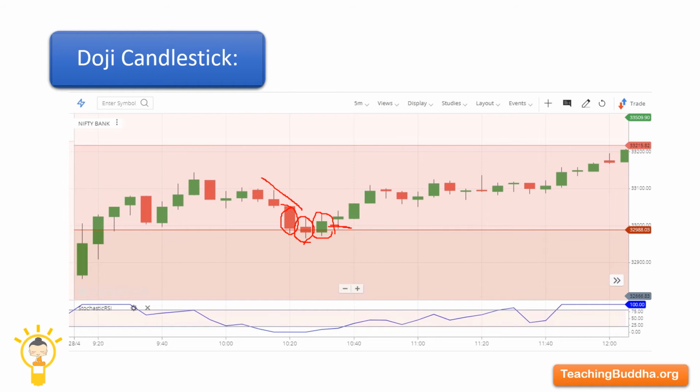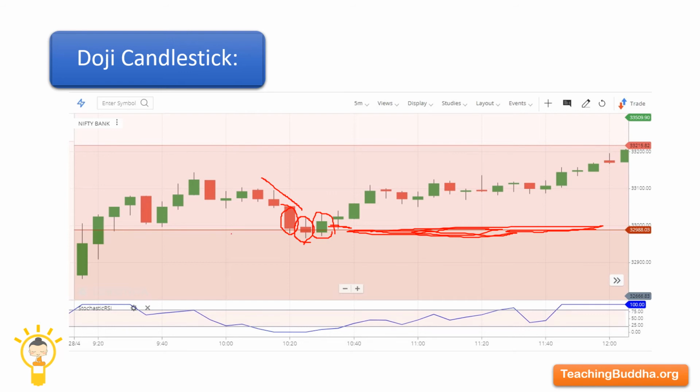Also here you can see there is a pivot line here. This is acting as support. This line is acting as support. That is why in the previous video, I asked you to place some pivot points and CPR, stochastics like this to give you some idea about the market. Pivot points will help you see where there are support and resistance.